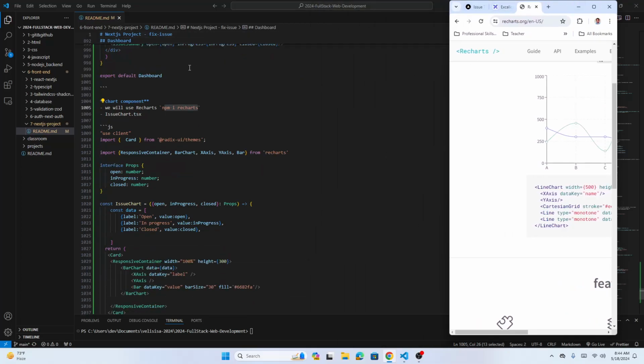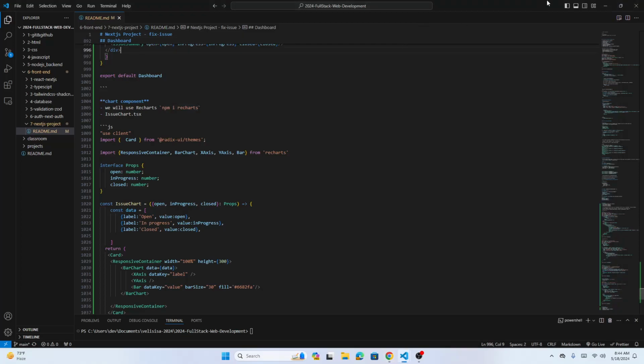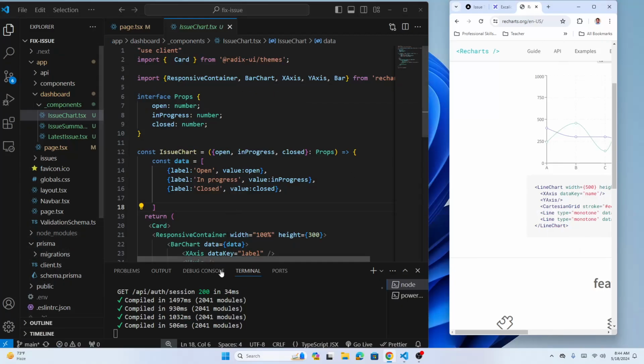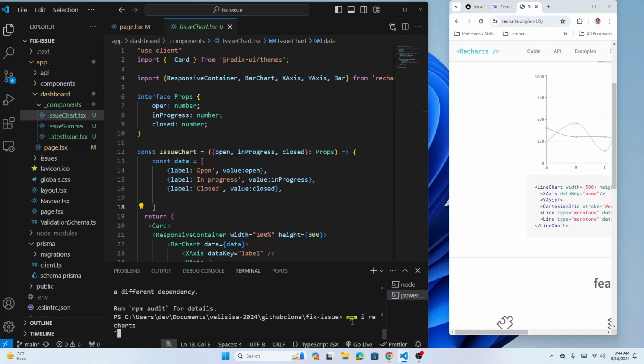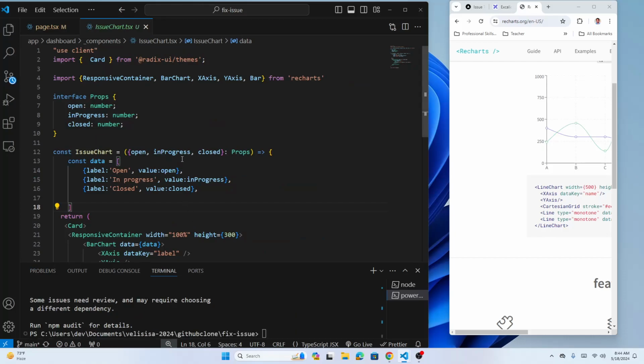First we need to install. So we're going to go here and run npm install recharts. We can install that. Okay, and once you finish that installation,